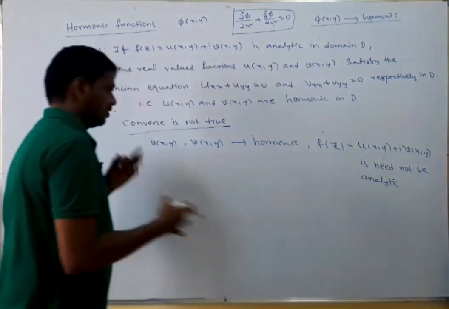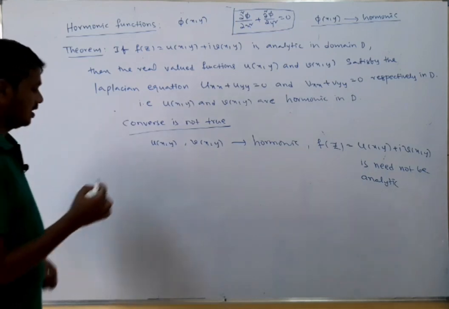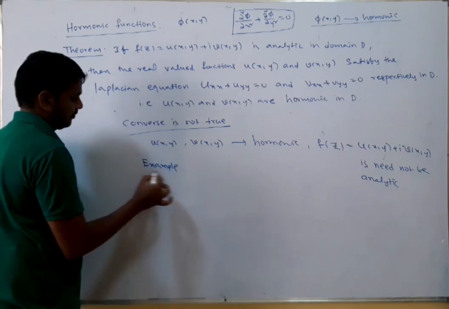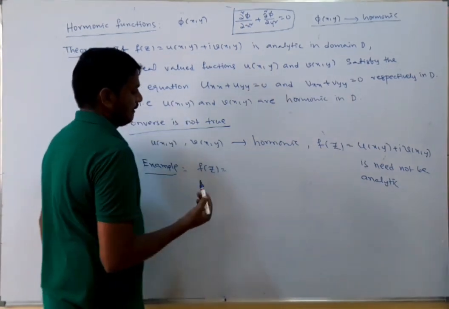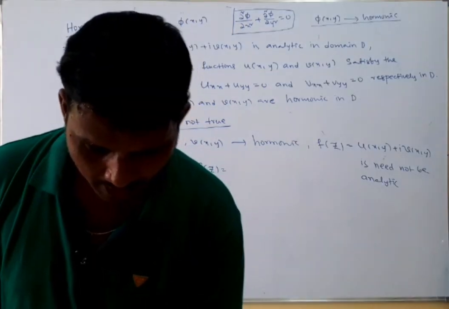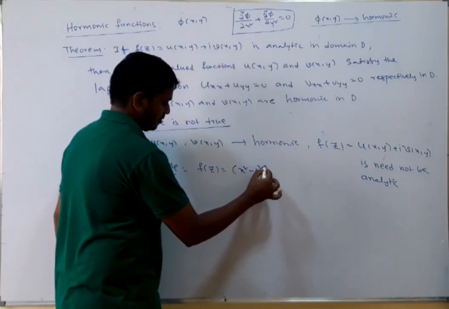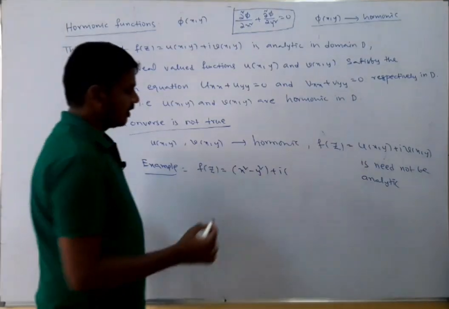To verify the converse, we give one counter example. Let f of z be equal to x square minus y square plus i into 3x square y